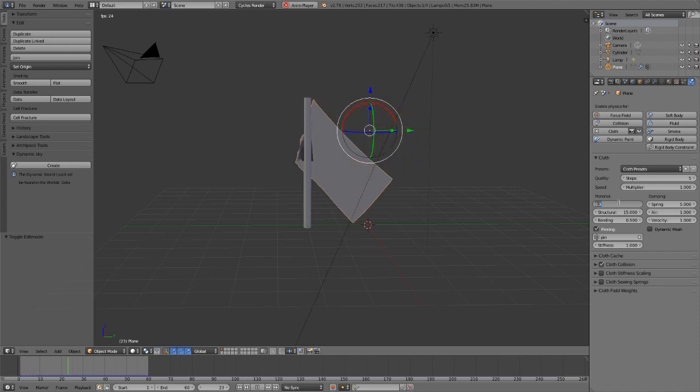Maybe I want it to be half of that. And now it's like falling more gently in the wind. There's cloth stiffness, and there's structural stiffness,